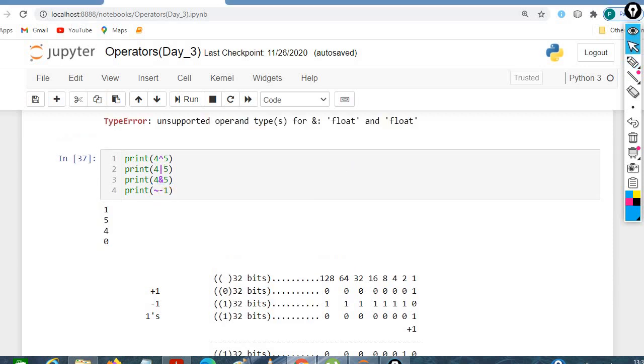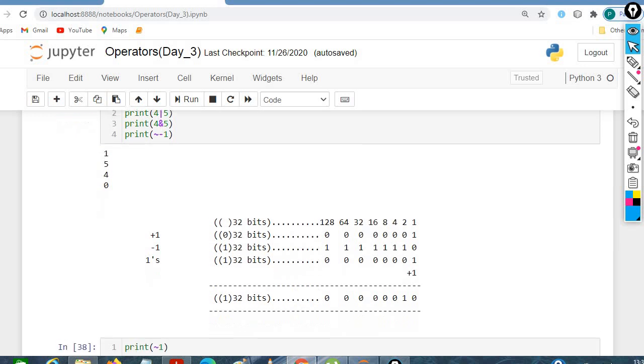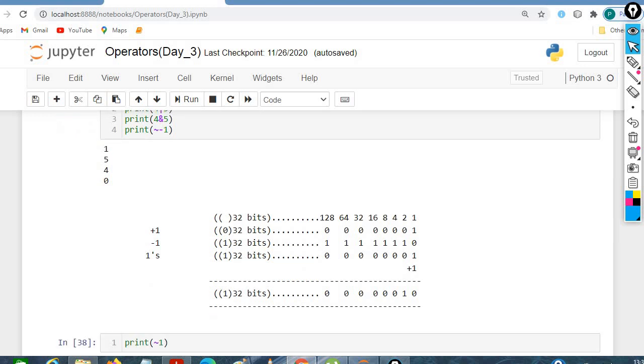Another one is how we are getting the negation, the 1's complement. We are going to write it in 32 bits, where 0 is for positive and 1 is for negative. So we are considering 32 bits. For representing the negative complement, we have to do the 2's complement. First we convert 0 to 1 and 1 to 0 for the 1's complement, then we add plus 1 for the 2's complement. Then we get the result as 0.